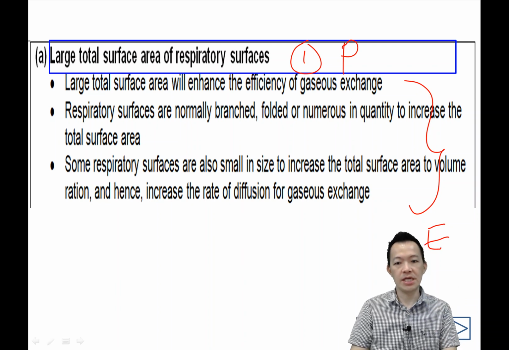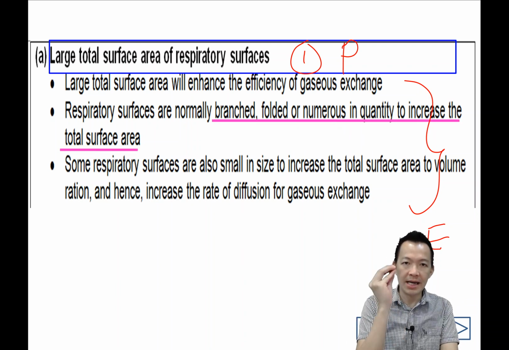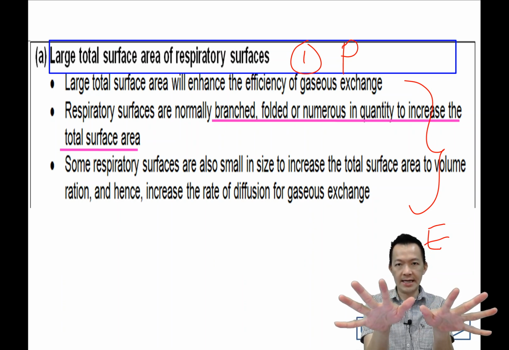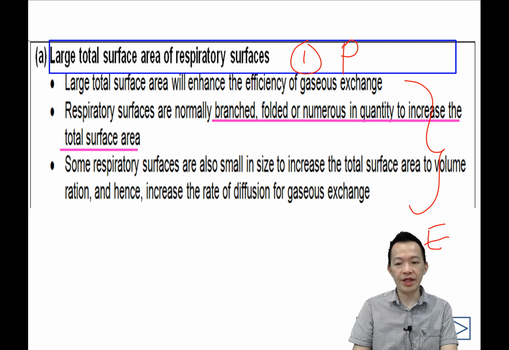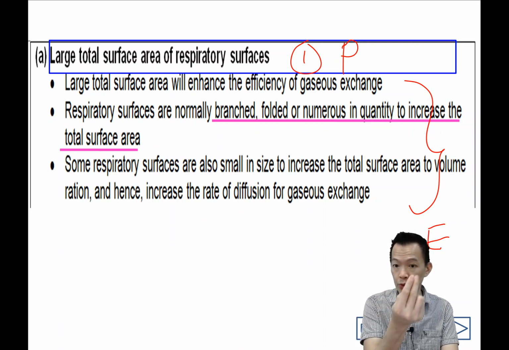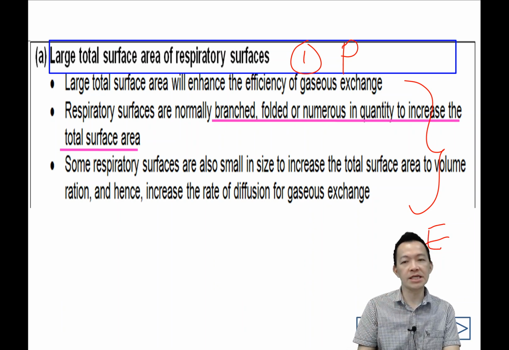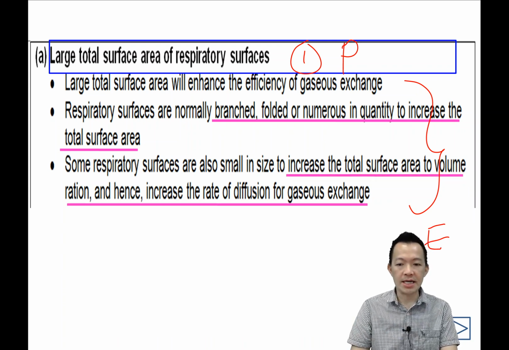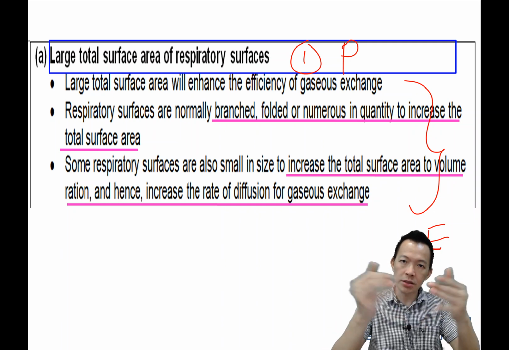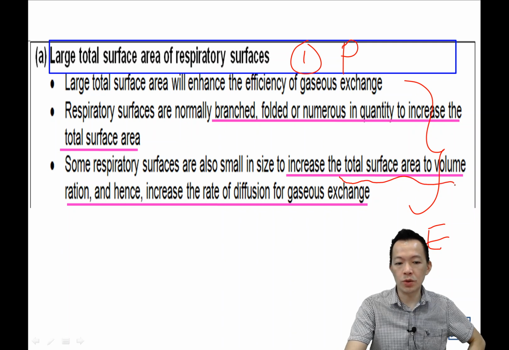So why do we need the large total surface area? 为什么呢？Or how do we make our surface area become large? 我们讲把我们的表面变成很大的呢？So the surface area normally is branched, 很多分叉, like grasshopper 昆虫; folded surface 折来折去的表面, like amphibian; or numerous in quantity, 要不然它的数量呢很多呼吸的结构那边很多的东西, like human alveolus, to increase the total surface area 增加我们的表面。Okay, so 我们的结构就是 branched, folded, or maybe numerous in quantity to increase the total surface area. 为什么呢？Okay, to increase the total surface area to volume ratio, 为了增加这个比例啦，表面的面积对体积的比例, and increase the rate of diffusion of the gas exchange, 给它们的交换率更快。